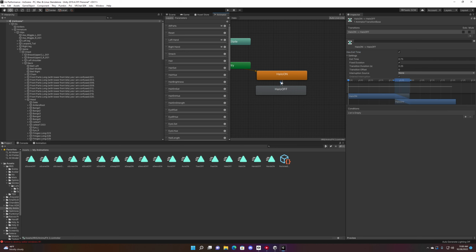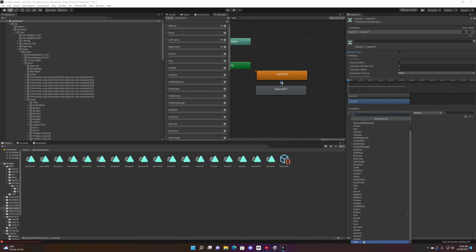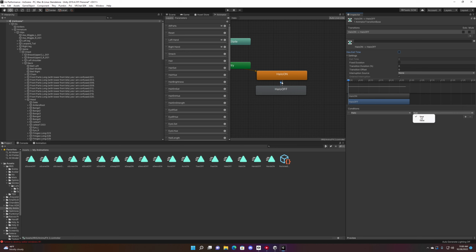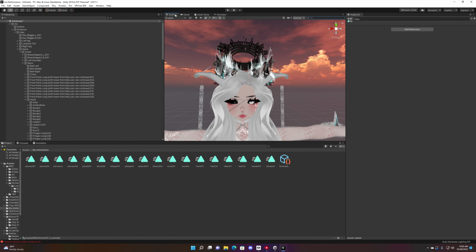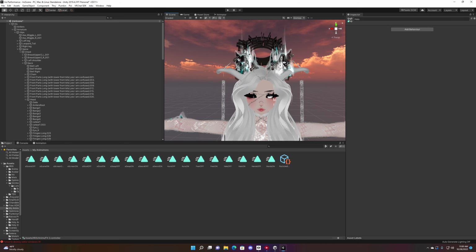So now you're going to click onto your second arrow, and you're going to pretty much do the same thing. So 0, 0, off, off, and then create a condition, find your Halo, and now this one's going to turn to false. So this is how it actually tells it to turn off. So after you've got that done, you can click out. That's all you need done here. So you can click back to your scene now with your avatar. Once you're here,